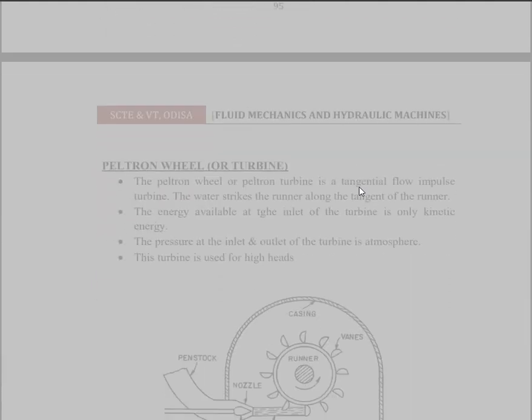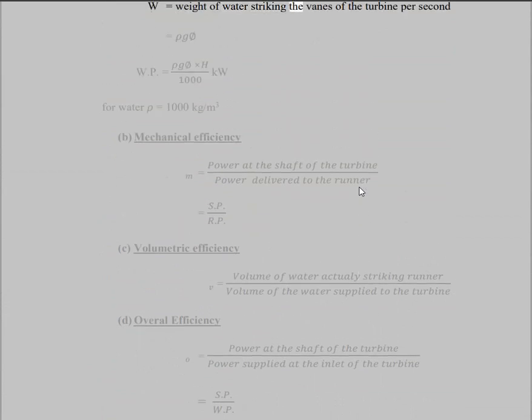W equals weight of water striking the vanes of the turbine per second. Wp equals W times H divided by 1000 kW. For water, density equals 1000 kg/m3. B. Mechanical efficiency equals